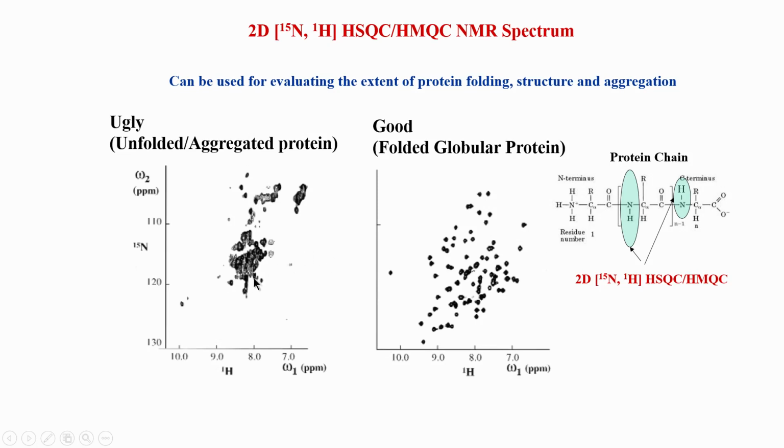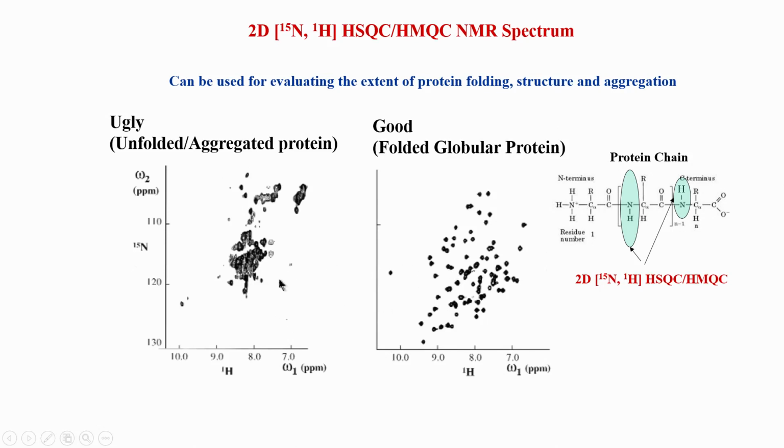It can also be possible that this is not an aggregated protein, this could be a monomer, but it could be of high molecular weight. Let us say we are working with a very high molecular weight like 50 kilodaltons or 70 kilodaltons. There we have to use more sophisticated NMR experiments. A simple HSQC which is shown here may not be sufficient, and there we may have to record what is called a 2D TROSY experiment, which we will see down the line in the second half. There are more advanced experiments which will help in improving the resolution when we go from here to here.